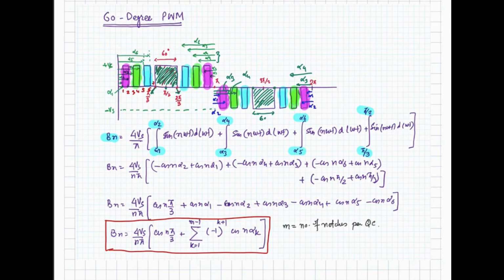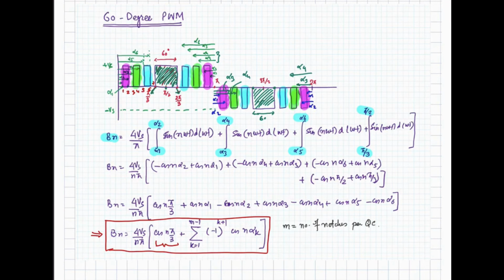So in this, one part you can see over here is constant and the other terms are dependent on the number of pulses. So in generic form your Bn will be given by this expression. So m is the number of notches per quarter cycle, and by now calculating the angles alpha 1, alpha 2, 3, 4, 5, 6,